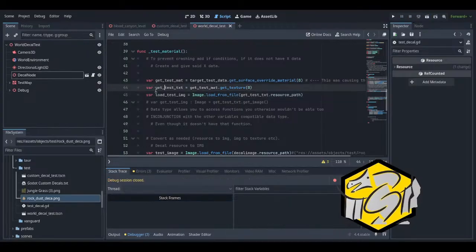It's saying get test texture is null. Is the code wrong?